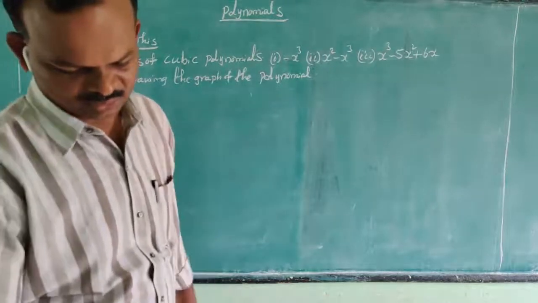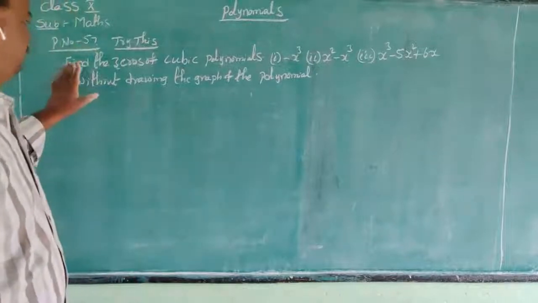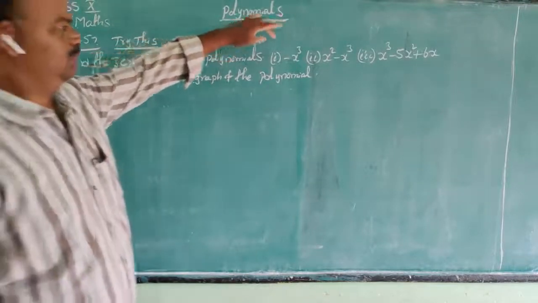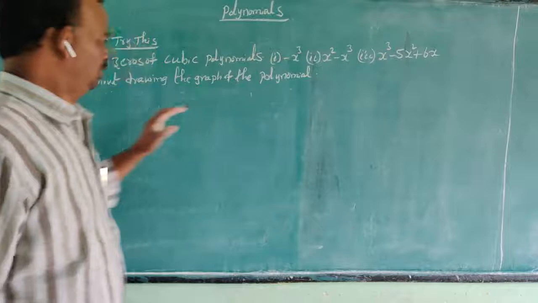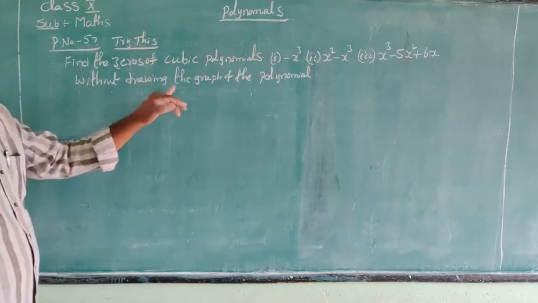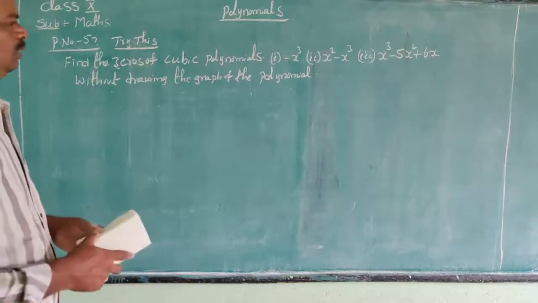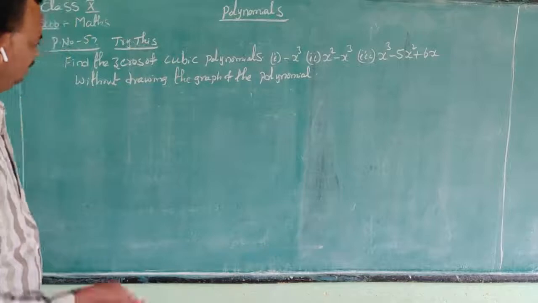Here, see what I have asked. Find the zeros of the cubic polynomials. These are the cubic polynomials, and here they are asking without drawing the graph of the polynomial. We are not to draw the graph. So the solution is